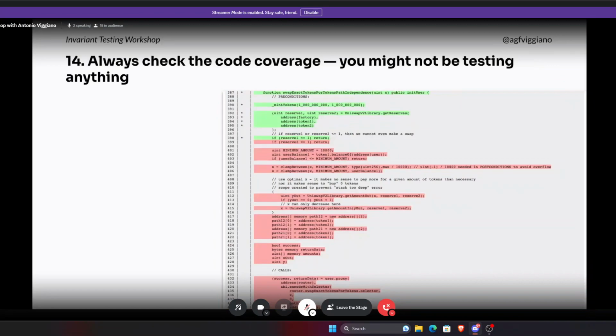Number 14, I think this one is the most important one. If you retain anything from this presentation, please let it be this part here. This is the most important part. The first parts are also important, but this is very important: making sure that you are checking